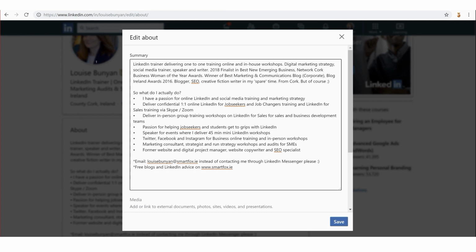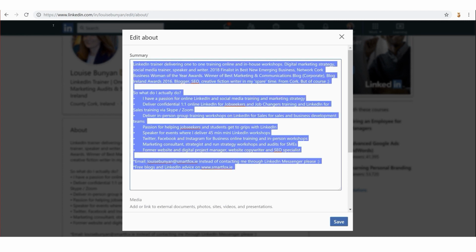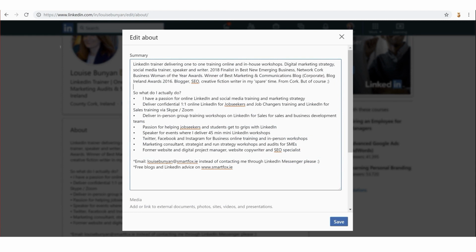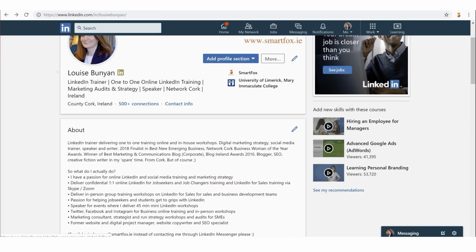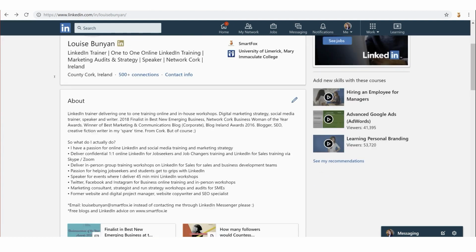So you can see you have a lot of text here. I've used my bullet points to break it up, and I have my two little caveats down here at the bottom. So it's completely up to you what you write in your About section, but all you do is you copy and paste it, you bring it back in here, and then the usual, you look for the save button in the bottom right hand corner, and we hit save, and then that's what our About section looks like.